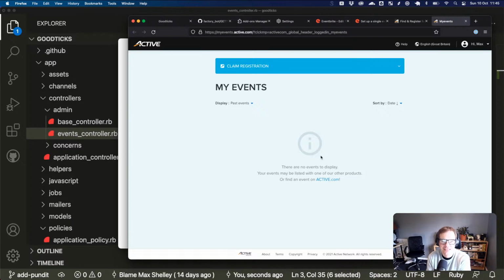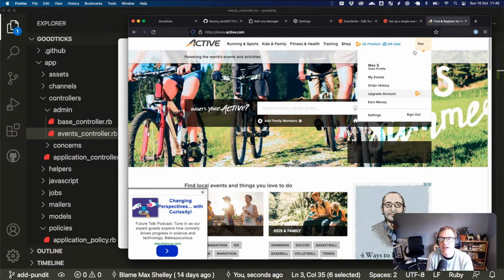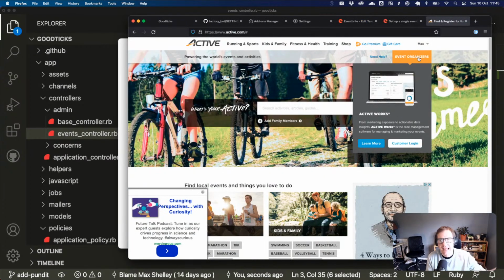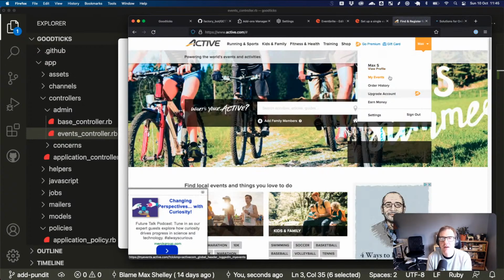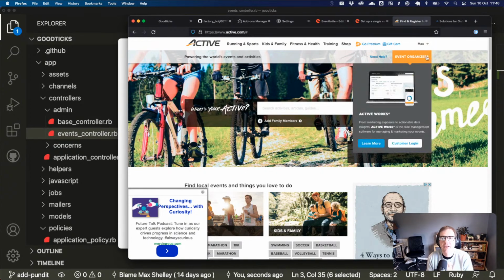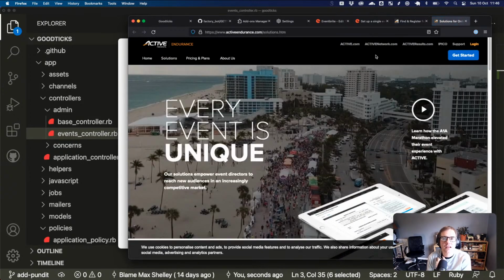Claim registration, no events to display. Wait, I had events. I made them. Oh, is this events? Oh, I see. Yeah, so this is right. They have event organizers as a whole different app, which again is such an interesting choice. I've gone into my account and into my events, and the events that I'm organizing are not there. I have to notice there's another button, and I go to